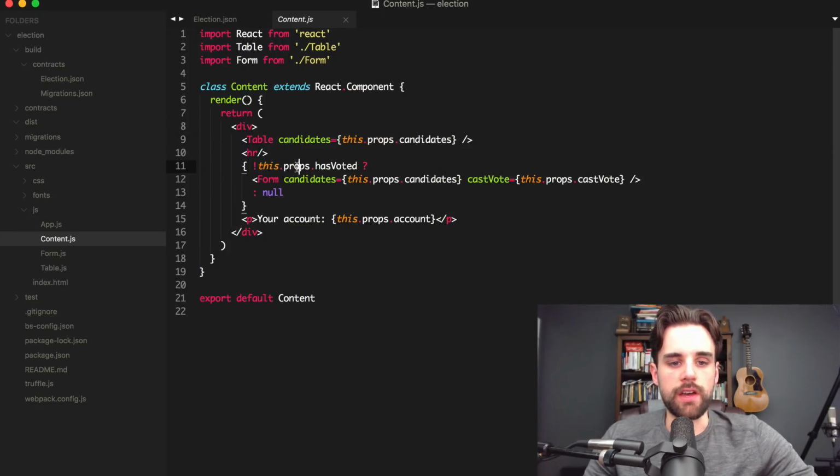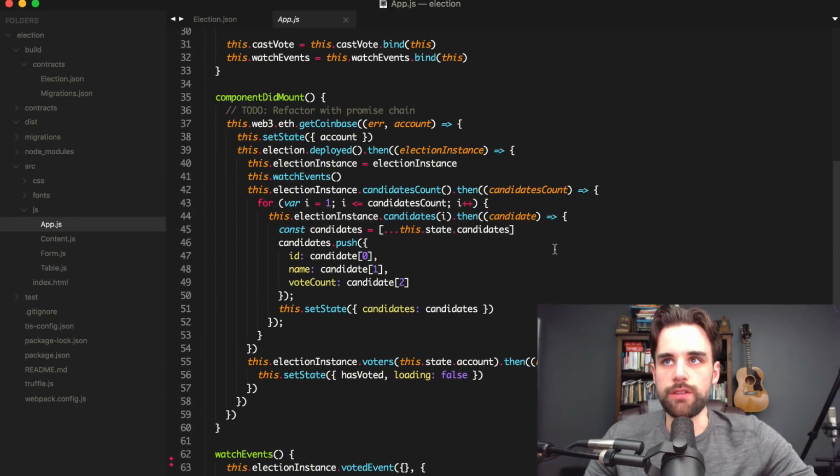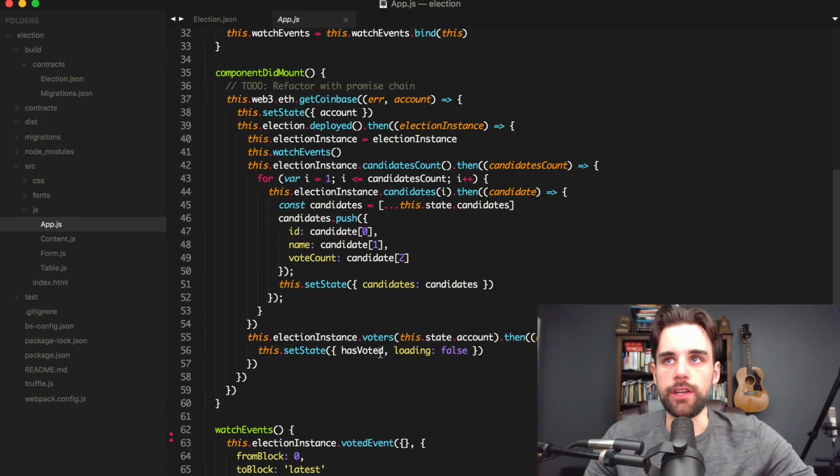Basically, I'm reading that value, has voted. If they haven't, show the form. And if they have, then don't show anything. Yeah. So the big challenge with developing the client side of these decentralized applications is finding a way